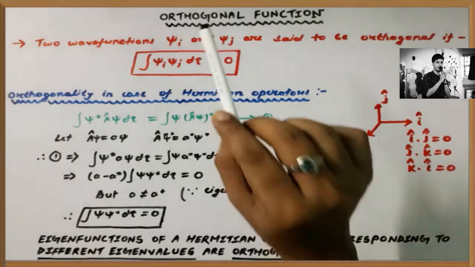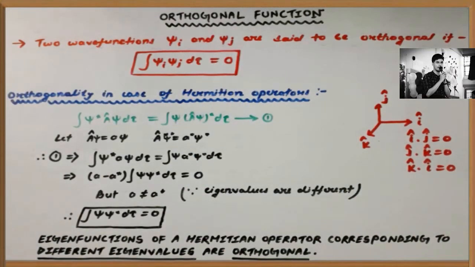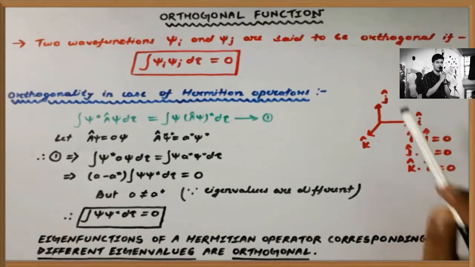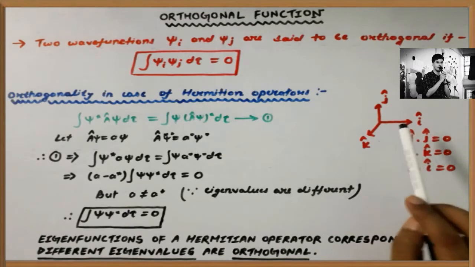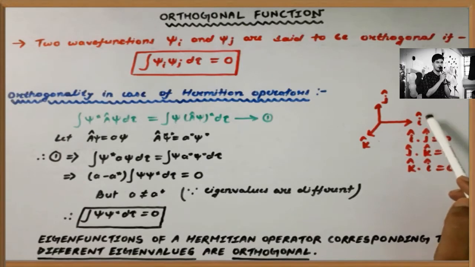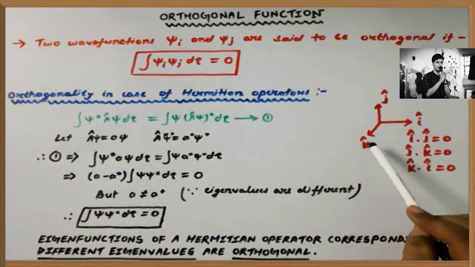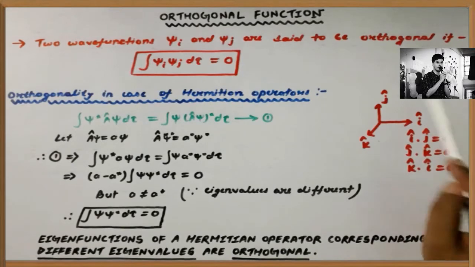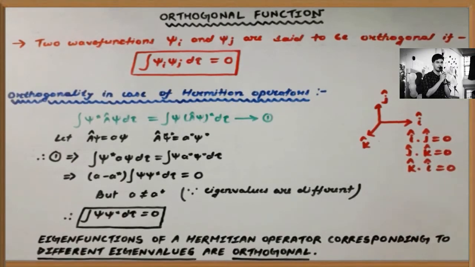This condition can be understood by taking the example of three familiar unit vectors, i cap, j cap and k cap. These three unit vectors are in three different directions, x, y and z, and all of these are perpendicular to each other, and that's why their dot product, i dot j, or j dot k, or k dot i, is equal to 0. Since they are perpendicular to each other, i cap cannot overlap with j cap, j cap cannot overlap with k cap, and k cap cannot overlap with i cap. So this is an example of orthogonality, which arises because of perpendicularity.